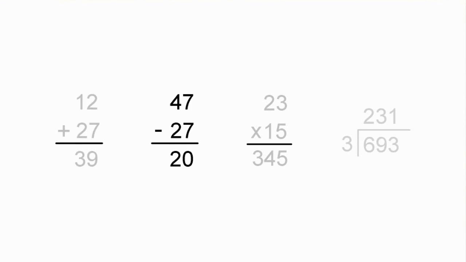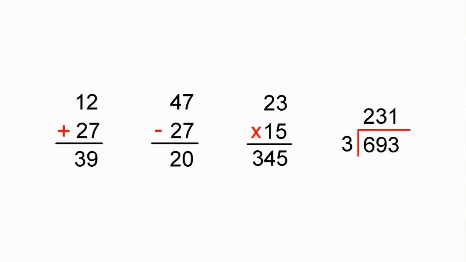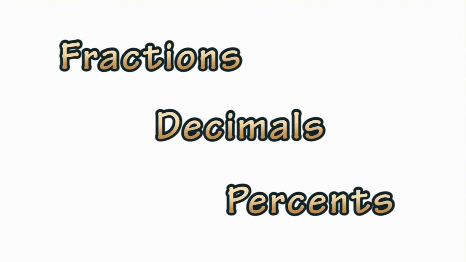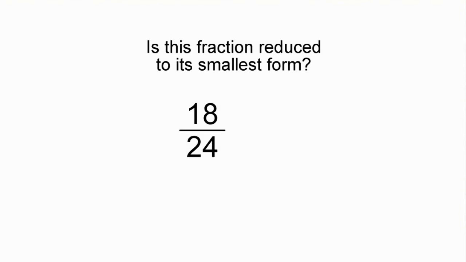When people learn basic arithmetic, they learn how to add, subtract, multiply, and divide with whole numbers. Then they learn other math concepts such as fractions, decimals, and percents using that basic arithmetic. In fraction arithmetic, multiplication and division of whole numbers are used quite a bit. For example, when you learn fraction arithmetic, you will be expected to know if 18/24 can be reduced to a